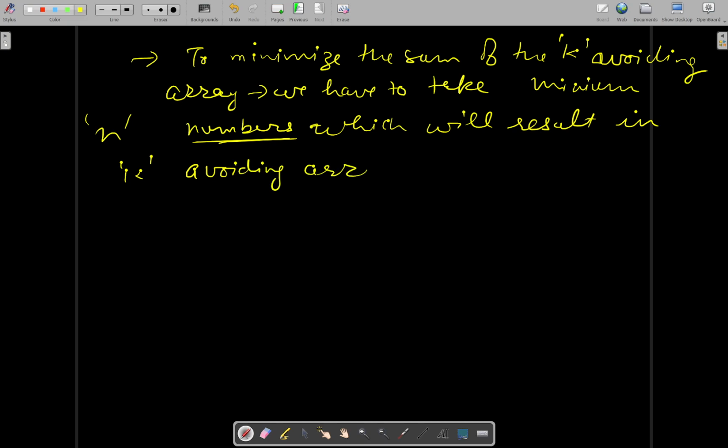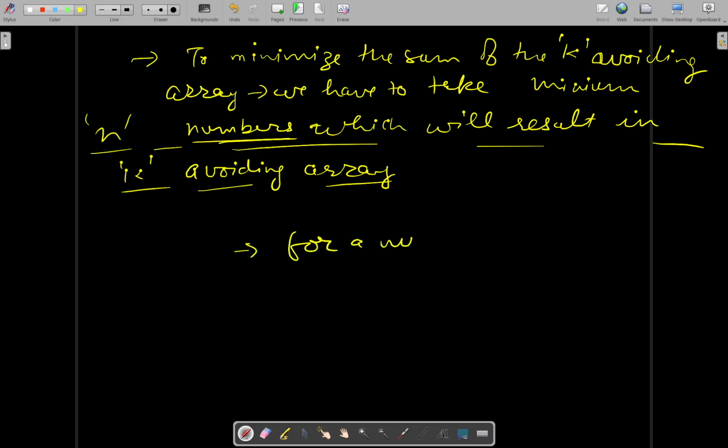So we will gradually pick those numbers which will result in k avoiding array. Basically what we have to check is for a number to be included in k avoiding array,